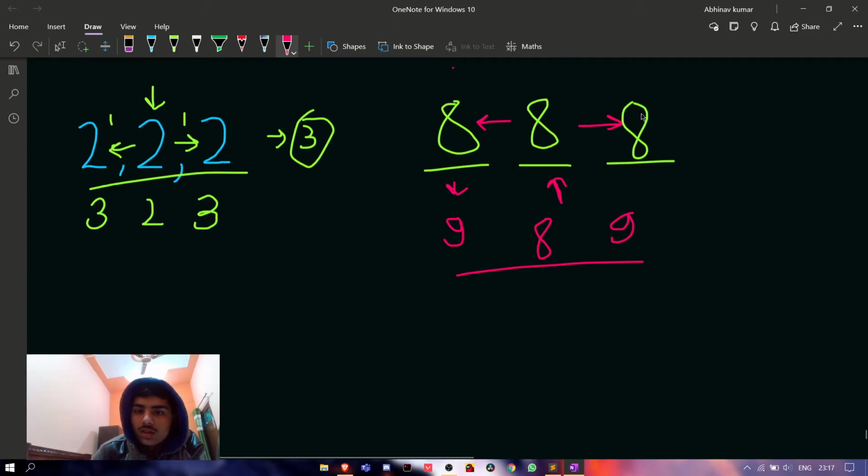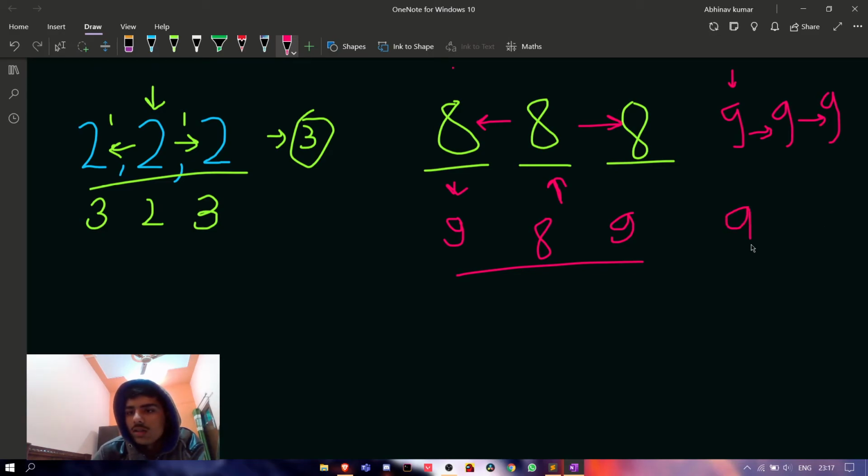So we can choose this element at 8, then we can make this 9 as well as this 9 also. The other case could be, suppose there are 3 elements, 9, 9 and 9, and we stop this one. Here it will take 1 second, and here it will take 2 seconds.